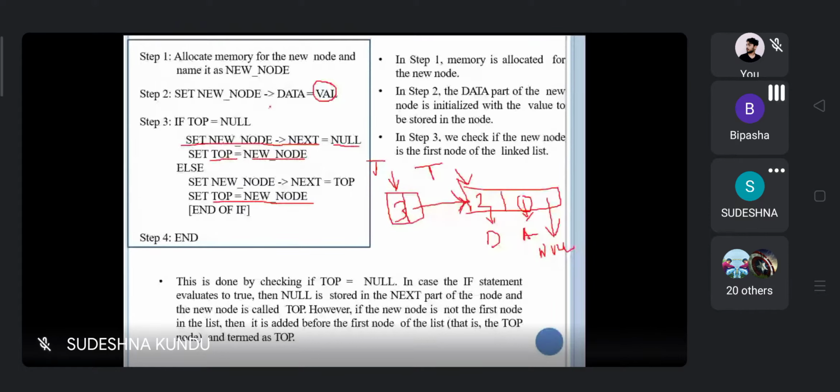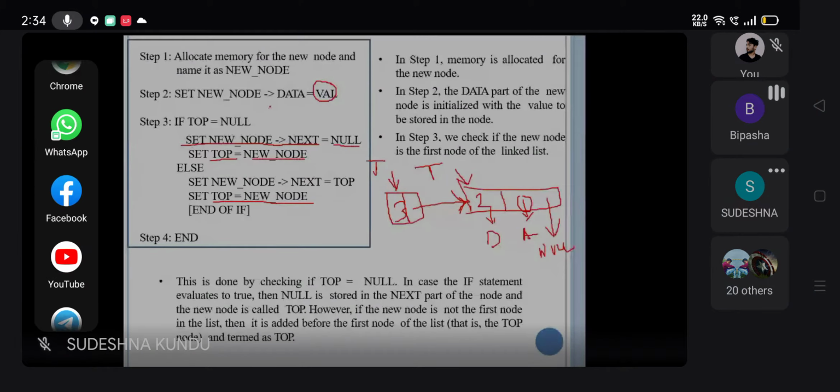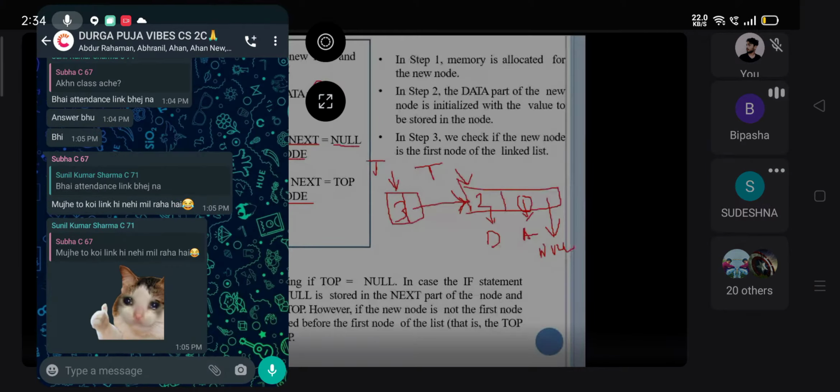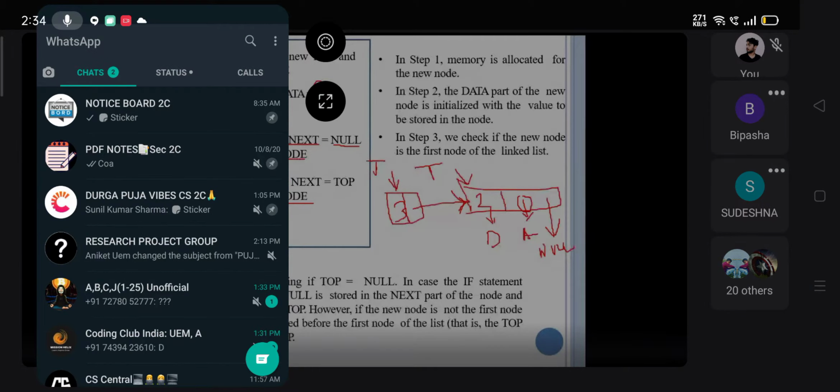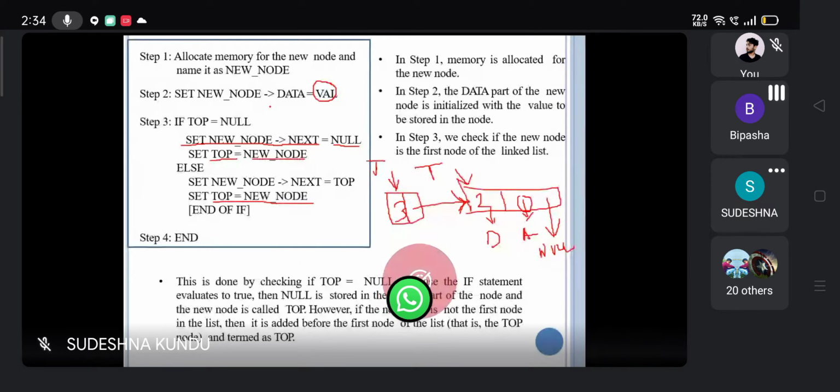So if top equals null, whatever new node you are creating has one data part and one next part. In that case, you assign the data part and link the next part as null initially, and then you declare that newly created node as the top. Because in a stack, even a single element must be pointed to by the top only.